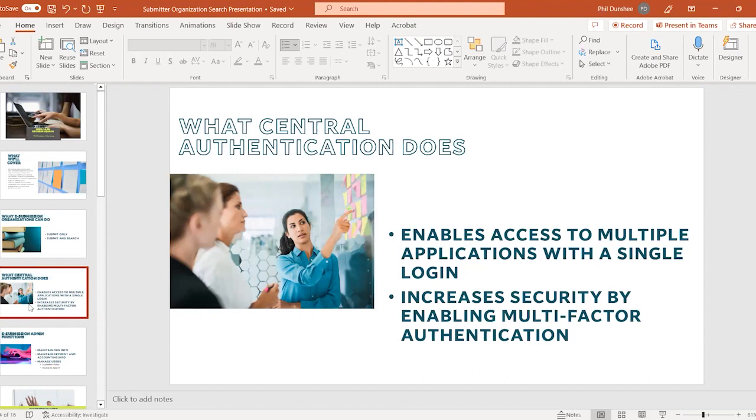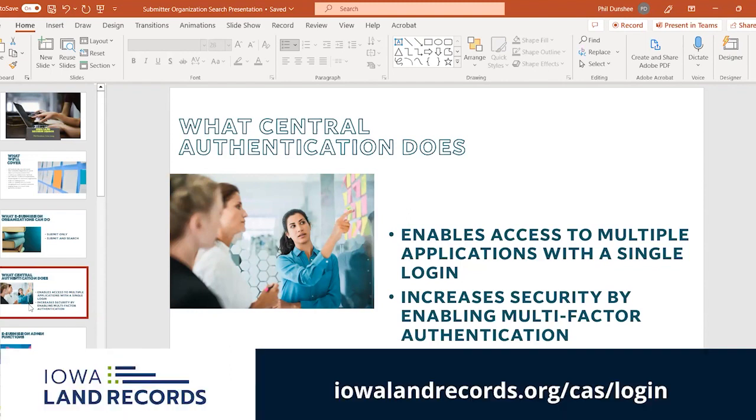But if you log in as a submitter who is not an administrator, you may only be able to do certain things, like submit documents. You may or may not have the search capability if you haven't been granted permission to do that. And all of this is enabled by this central authentication system, where you log in through what's known as the CAS login, and that stands for Central Authentication System. And when you do that, then you have the ability to set up different permission sets for different people within